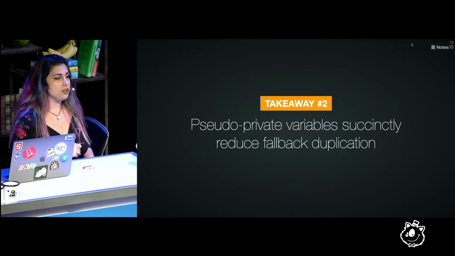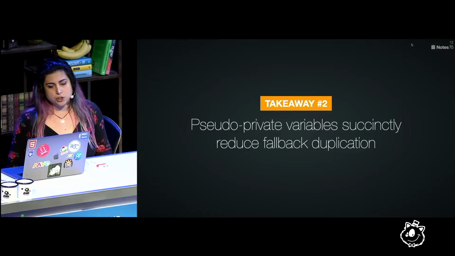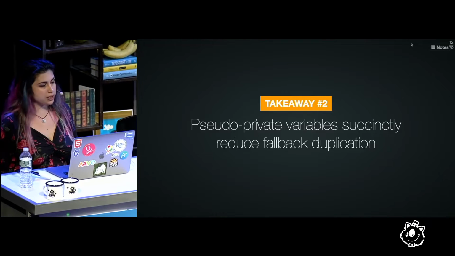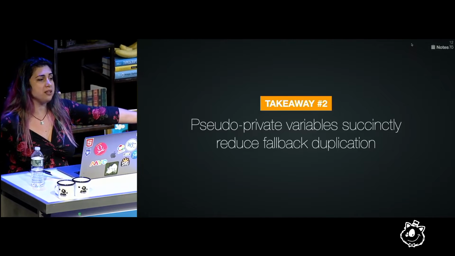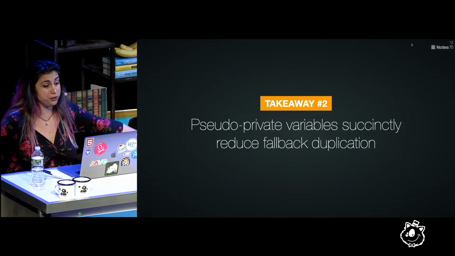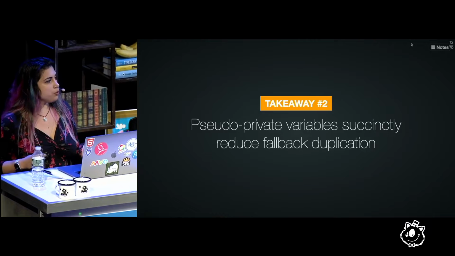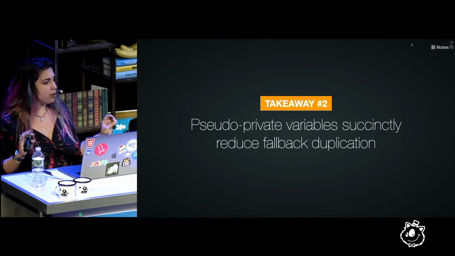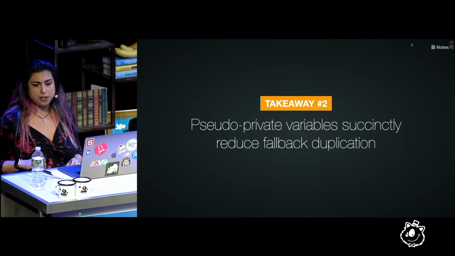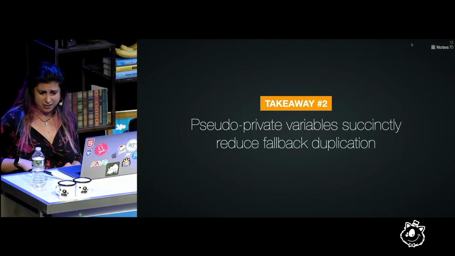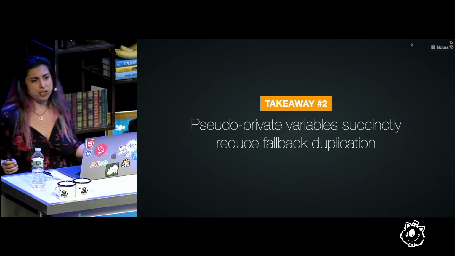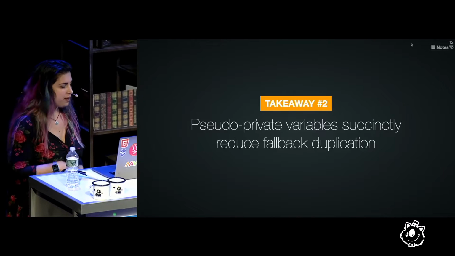And these are pseudo-private because there's nothing about an underscore that makes it actually private. It's just a convention. It's the same convention that JavaScript was using for like 15 years until we actually got private class fields. So people coming from more traditional programming languages might be shocked at, what do you mean pseudo-private? What? You don't have actually private things here? JavaScript did this for 15 years. We can do this in CSS.